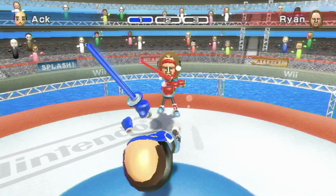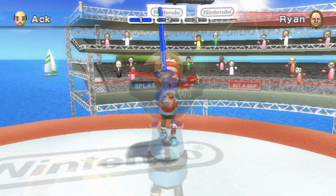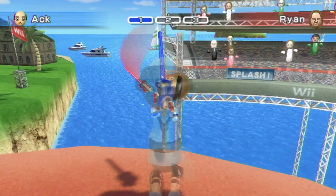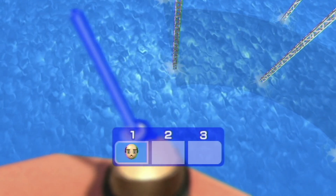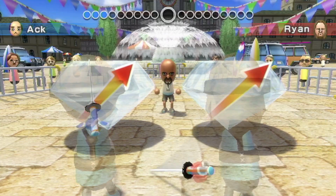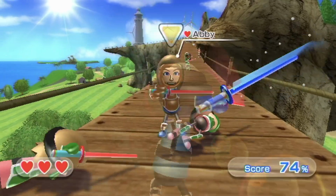Swordplay is a collection of 3 games that all do a rather good job showing the benefits that the Wii MotionPlus brings to the table. That's probably why it was so heavily used in marketing for Wii Sports Resort and the Wii MotionPlus peripheral. The 3 games in question here are Duel, where you sword fight against another player or CPU, Speed Slice, where you have to quickly and accurately slice a variety of objects, and Showdown Mode, where you battle through a large